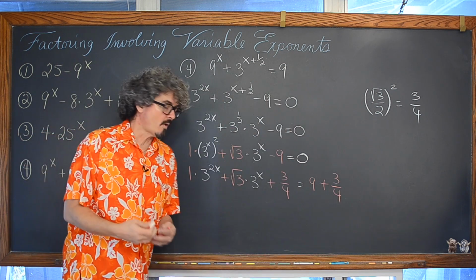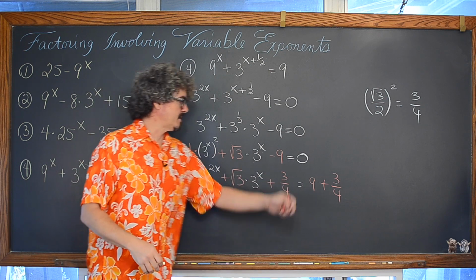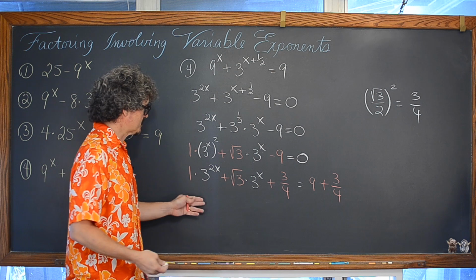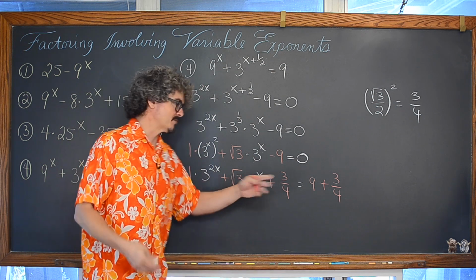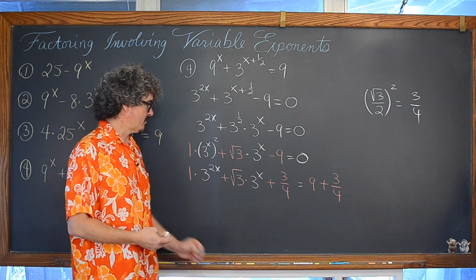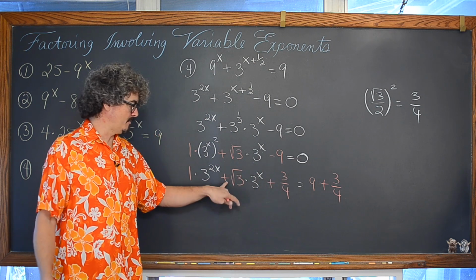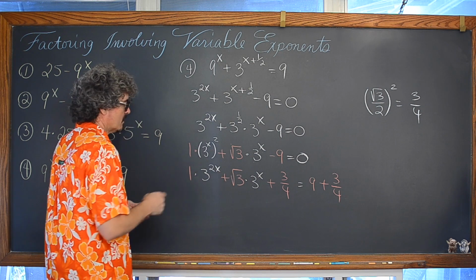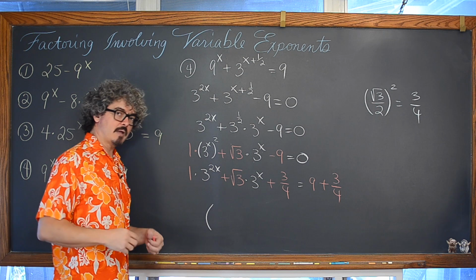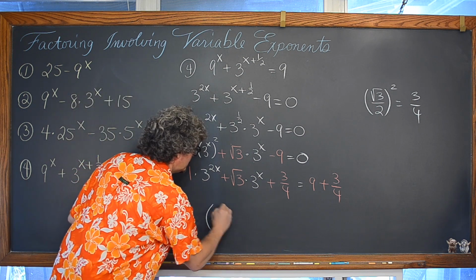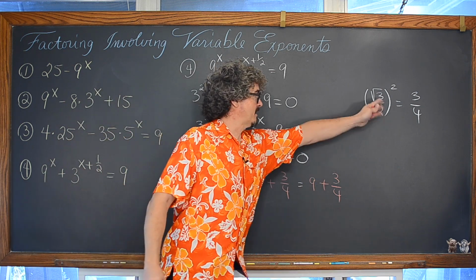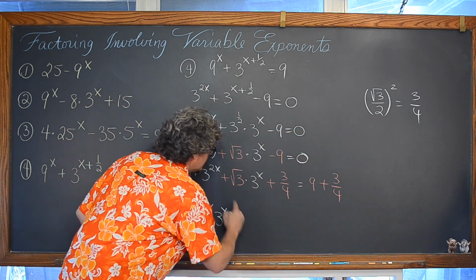And when you complete the square, what you set up on the left-hand side, if you remember from algebra, is a perfect square trinomial. You set up a trinomial, though again, this is not technically a trinomial, that is factored by simply taking the square root of the first term, the square root of the last term, and keeping the middle sign. So our factored form of the left-hand side is going to be the square root of 3 to the 2x power, which is 3 to the x power. We already have the square root. We know where the 3/4 came from. It came from the square root of 3 over 2. And we're going to keep the middle sign.